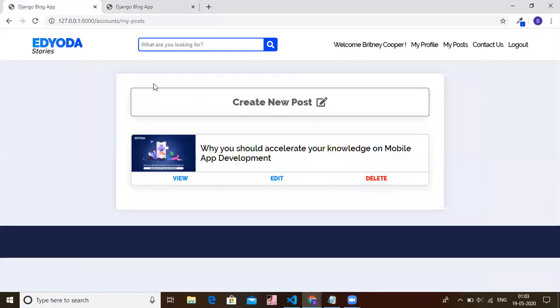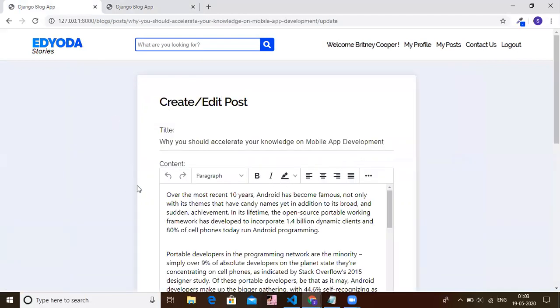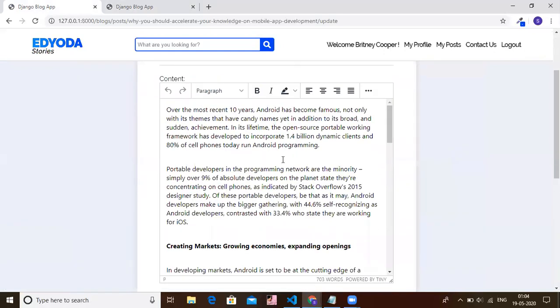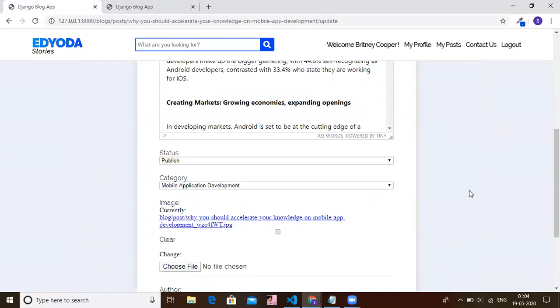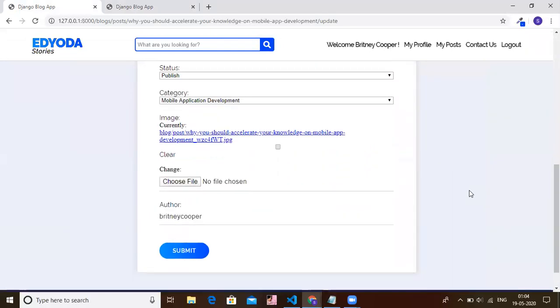So I'll come back over here, and now let's see how the updating of the post will work. For that, the author can click on this edit link, and now the same form that was rendered during the creation of the post will be rendered, but this time along with the data that belongs to this post. So they can now update all the information over here.